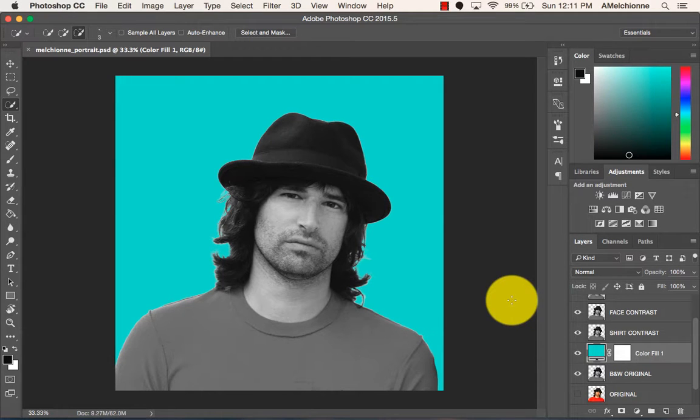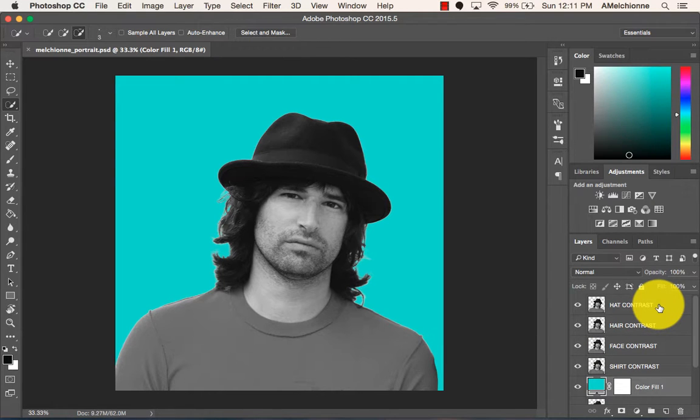So in this video I will show you how to create the high contrast layers. Okay, so what we want to do is you can actually turn off the layers below if you want. So I'm going to leave on my hat contrast layer. So the first thing I want to do is